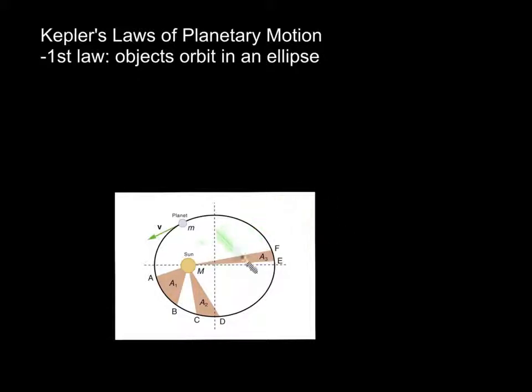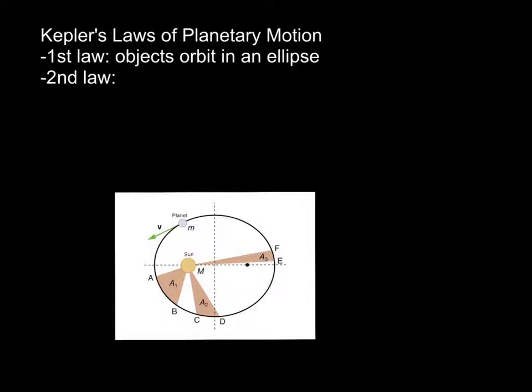Some orbits may look like this and be way out there. Some, like the Earth's, are actually pretty close to a circle. This is actually a little exaggerated. And so different objects sort of have it differently, but they're all in an elliptical path rather than being perfectly circular. Kepler's second law of planetary motion